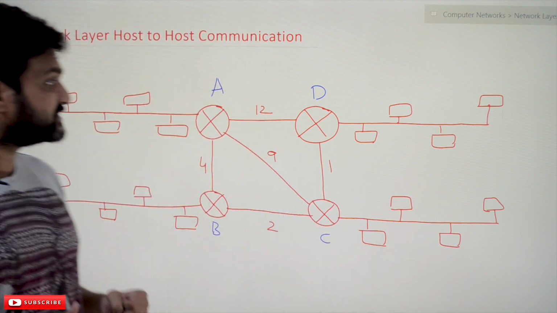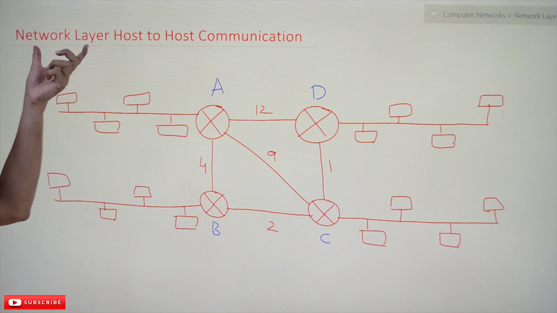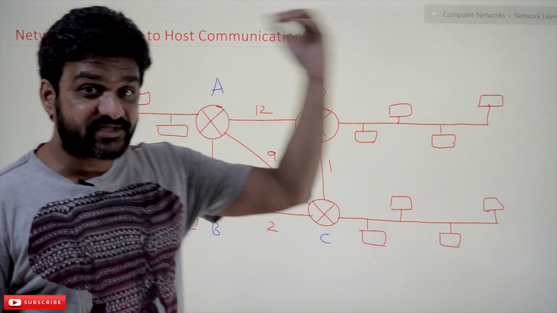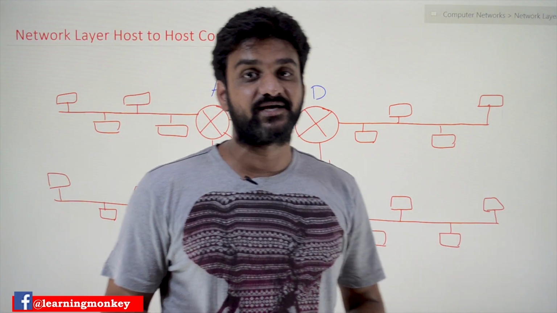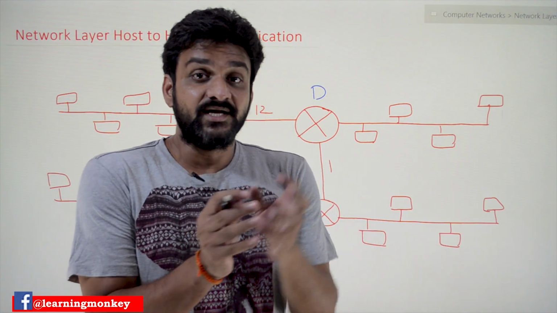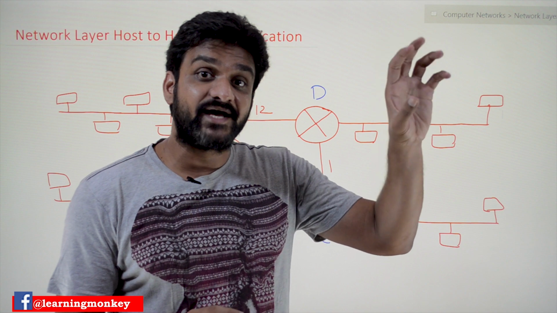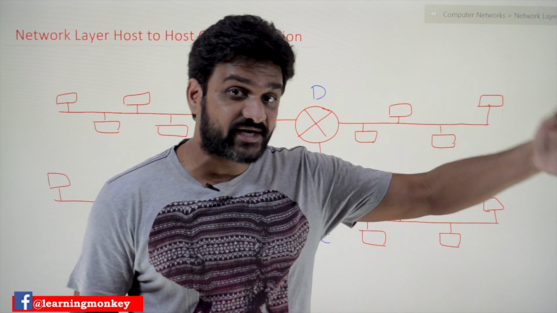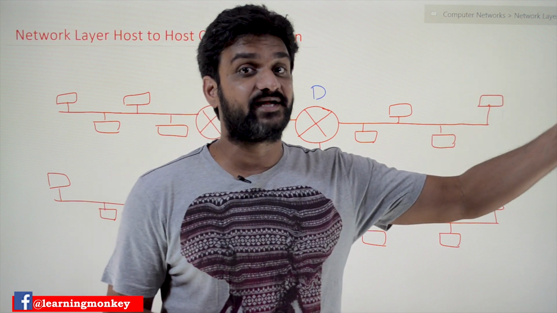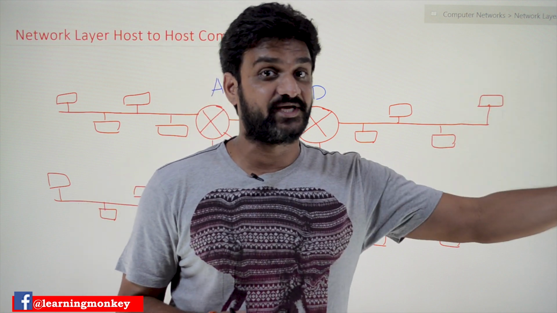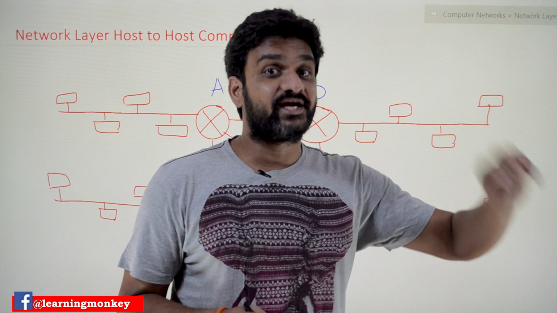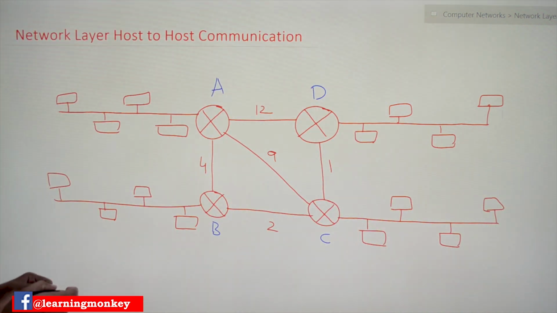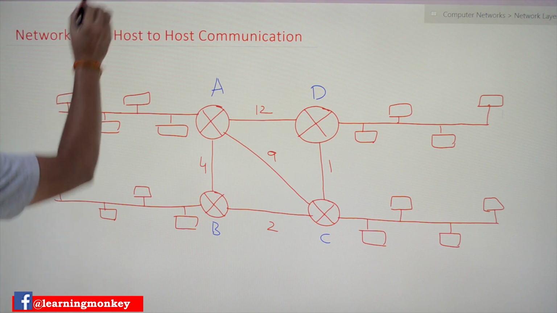Now coming to this class, we are going to understand why the network layer is called host-to-host communication. In the previous section, where we discussed the data link layer, we said that the data link layer is called node-to-node communication. The communication that happens in the data link layer is called node-to-node communication. In the same way, the network layer is called host-to-host communication. Why it is called host-to-host communication is, for example,